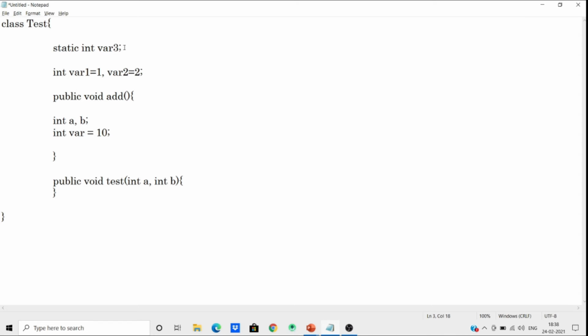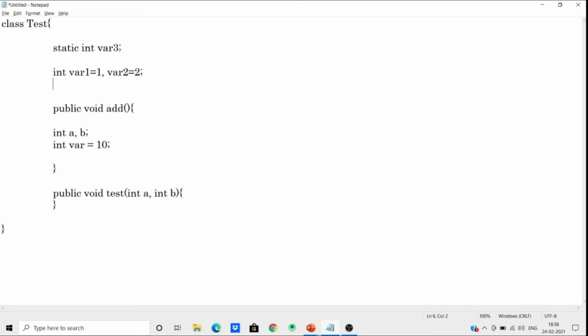So a static variable uses less memory and a non-static variable uses more memory. A static variable can be accessed directly by the class name: I need to write the class name dot the variable name. But a non-static variable can only be accessed by an object. So this is how we can define variables in Java. A variable can be of any kind like int, char or anything else.